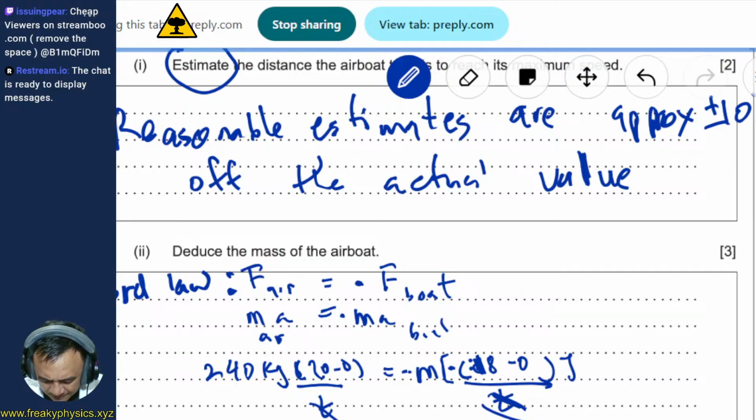And why isn't the velocity of the air and the boat the same? Well, the easiest way to explain that is because the boat is so much more massive compared to the air, at least a particular section of air, right? So what the boat is doing basically is pushing the air. So it starts off with a little bit of